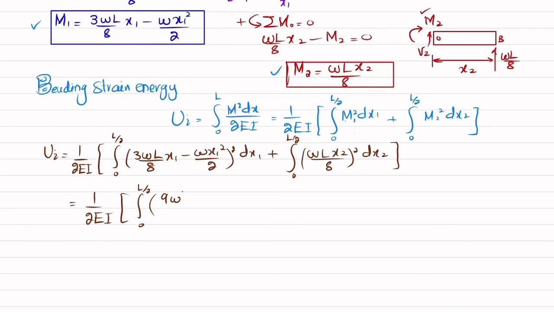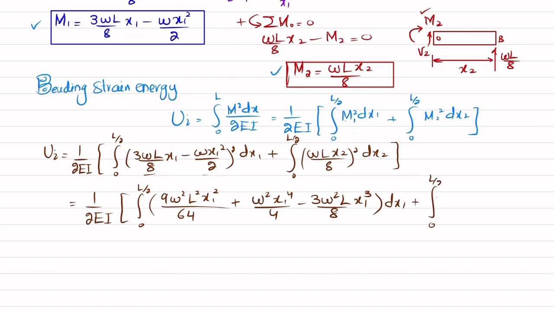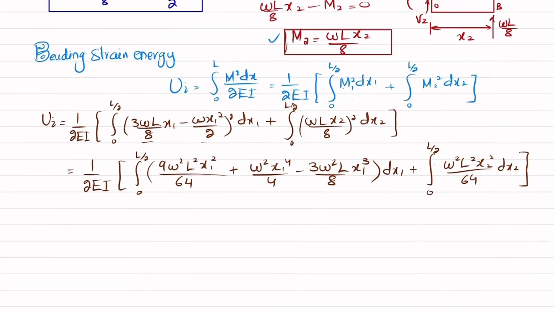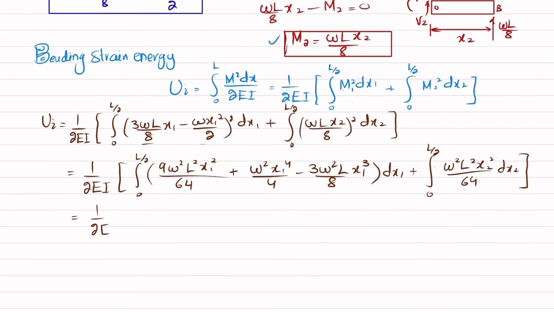This will be equal to 9w squared L squared x1 squared over 64, clear, plus w squared x1 to the power 4 over 4, minus 2 times this multiplied by this will give you minus 3w squared L over 8 x1 cubed into dx1, plus this will give you the integral from 0 to L by 2 of w squared L squared x2 squared over 64 dx2, clear. Now if you further expand it, it will be equal to 1 over 2EI, and that will be